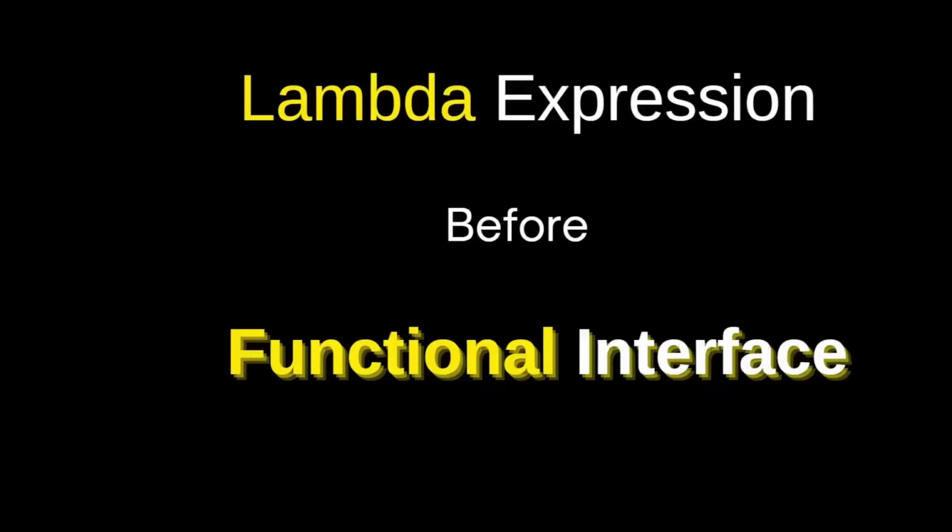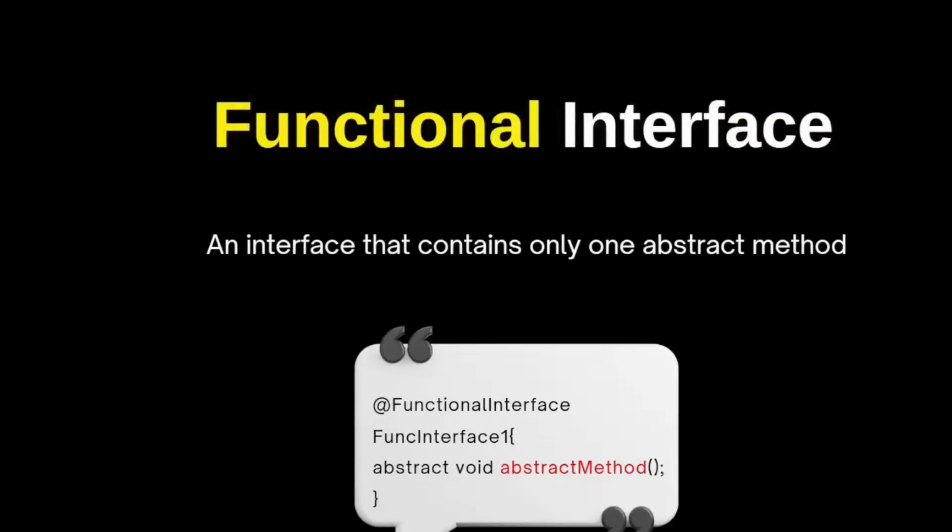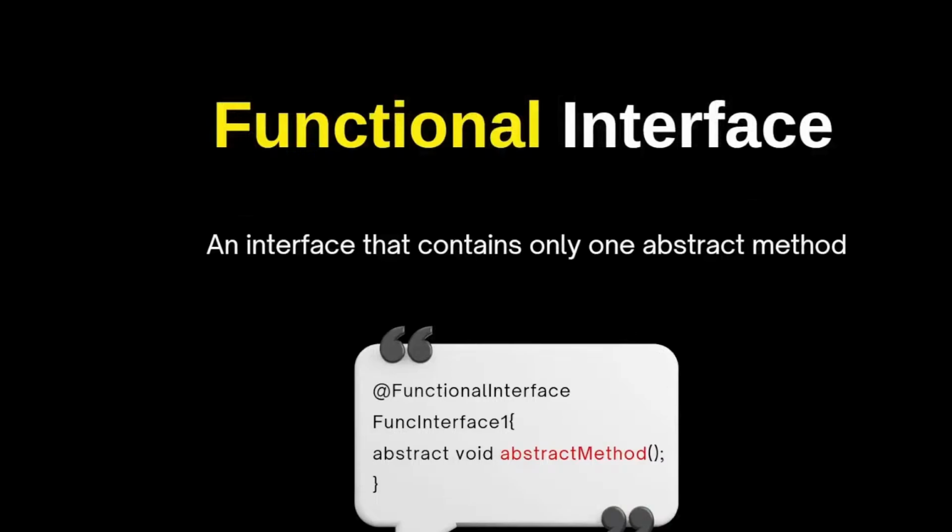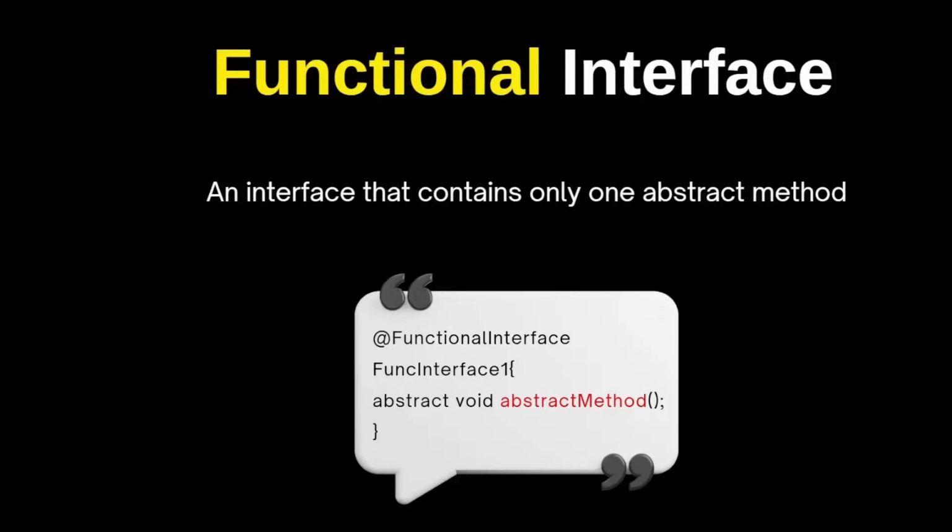The concept is the simplest one. In a normal interface we can have multiple methods, but a functional interface has only one abstract method. What is an abstract method? That method only contains the declaration, not the implementation. This interface has the method declaration part only, it does not have the method implementation. So definitely we need a subclass to implement those methods, right? Just as an abstract class definitely needs a subclass,